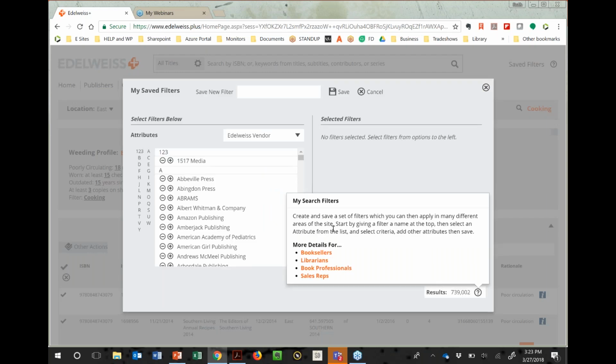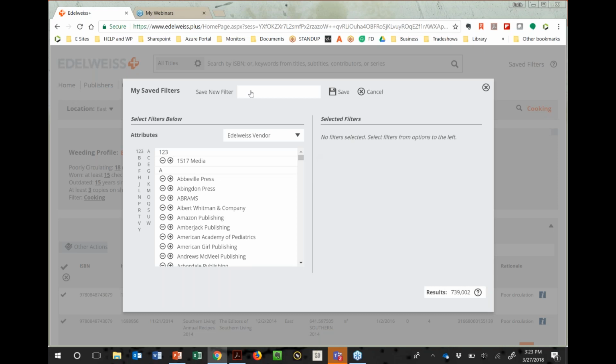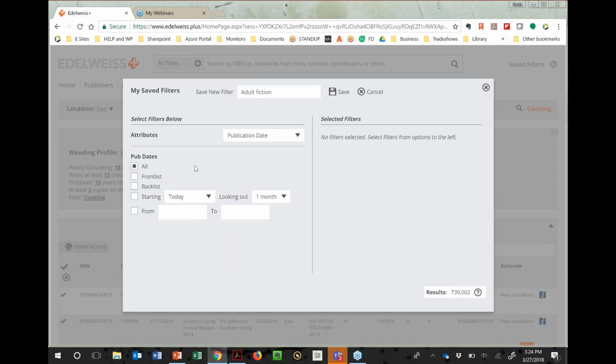And when you first go in here, it will give you this little message about learning more, I should say. So you can click on the piece with librarians if this is new to you, and read our help documentation on that. So I can come in here and say this is a saved filter for adult fiction or something like that. And then I can choose from these different attributes of books. So I can say I want adult fiction, a filter for adult fiction that's all front list, for example, things